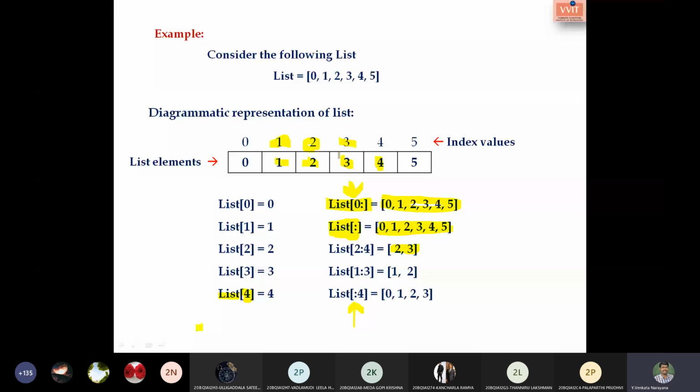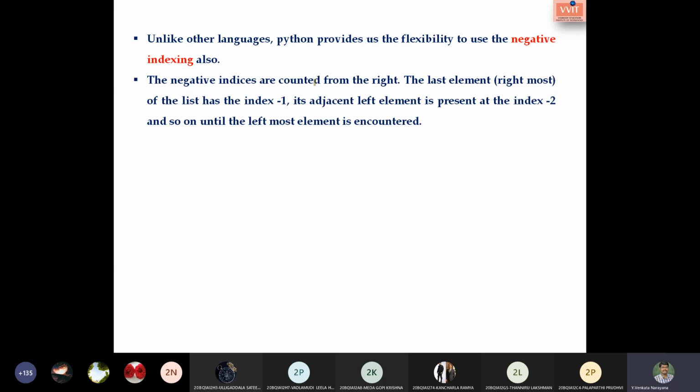So now I'm moving towards the negative indexing. That means, as in strings, here in the list also we have negative indexing. So what is the starting negative index value? We have -1. From the back side also, that is from negative indexing also, we can access the data. So which is the last element? That is the rightmost element, -1. And its adjacent element will get index -2. Like that we have the values.